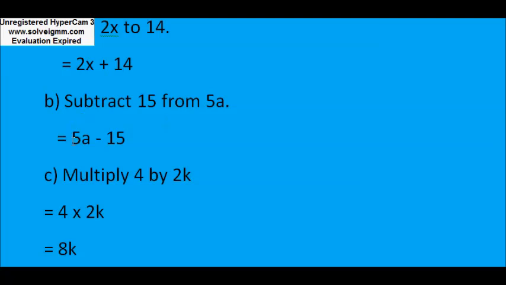But here 5a minus 15, you can't subtract 15 from 5a because this term involves a variable and this term is without a variable. Here a is the variable, here we don't have any variable. So you can't subtract 15 from 5a, because some of the girls subtract these two numbers. This is totally wrong. Similarly here 2x plus 14, we can't add 14 into 2x because the first term involves a variable and the second term is without the variable, so you will leave it as it is. This is your algebraic expression.